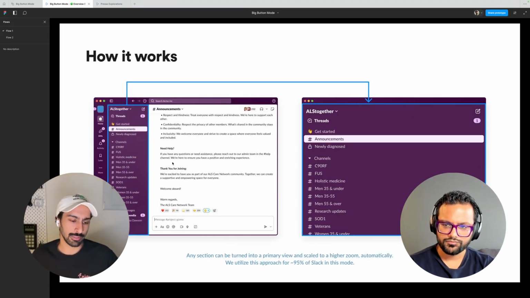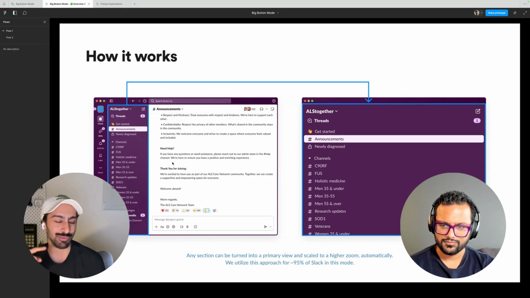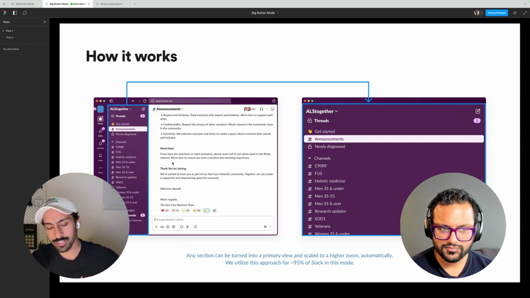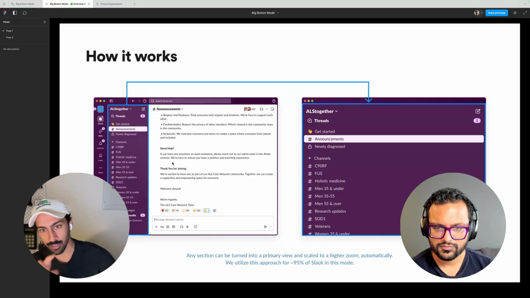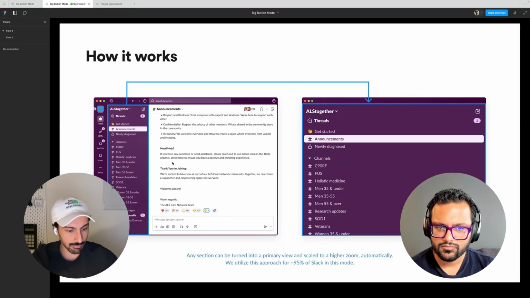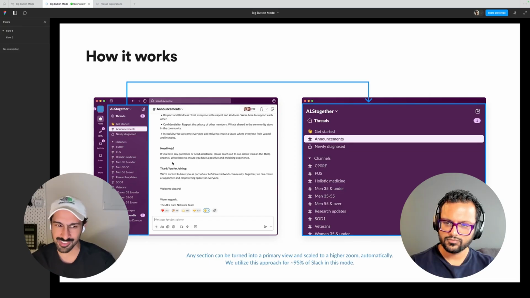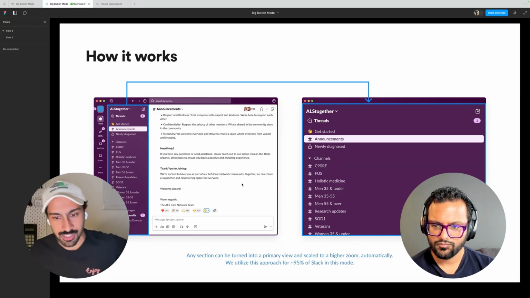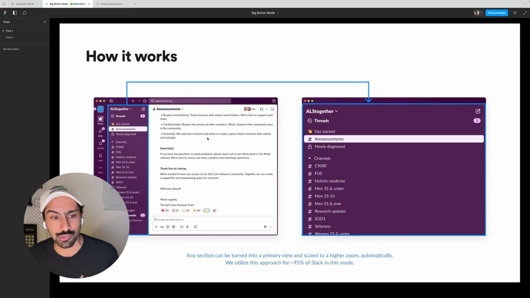Our engineers were able to take any individual section of Slack. Do you remember when we were looking at channel IA, we were looking at the F6 order? Yes. Each of those are what we call sections. So could I take any individual section of Slack and make it take up the whole screen, make it bigger? And could we actually do this algorithmically? So we were able to figure that exact thing out. We were able to figure out how to get, say, your home sidebar into the primary view, take up all of this space, make it nice and large, do it automatically and algorithmically from 95% of the client.